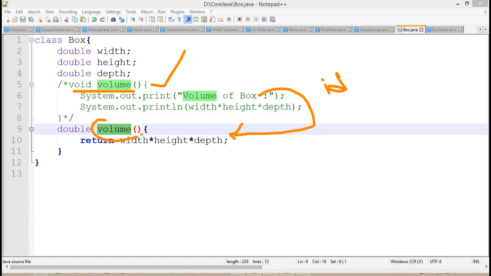The name of the method may be different, but the purpose of the method is the same. After performing any operations, the method needs to return some value. Getting the point? Whenever we define any method, each and every method has a unique purpose. We cannot define a common purpose, because based on our requirement we create a method and return the value. So this depends on our requirement, right?